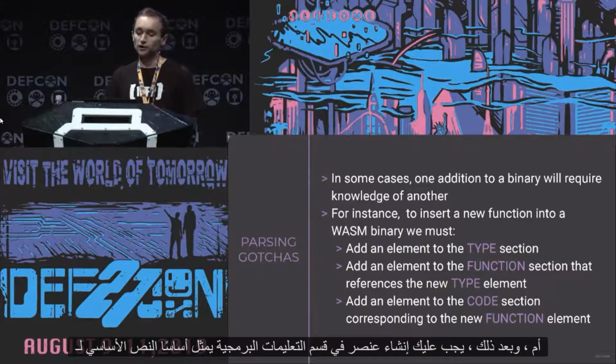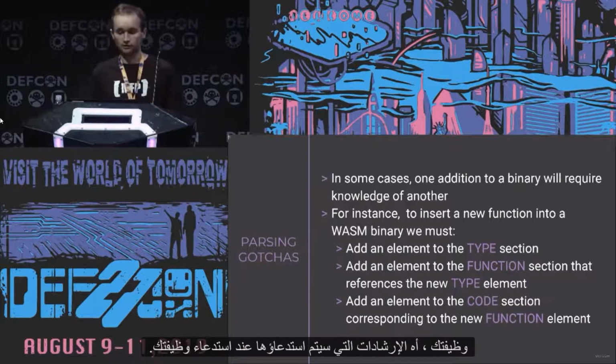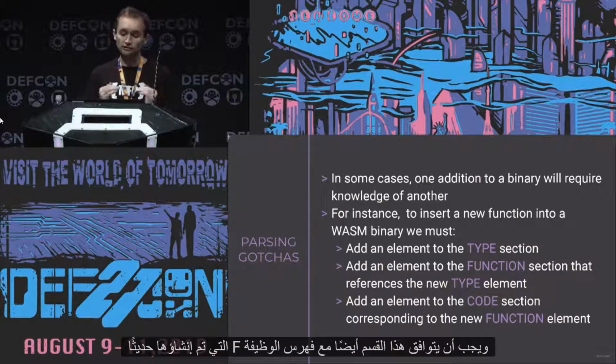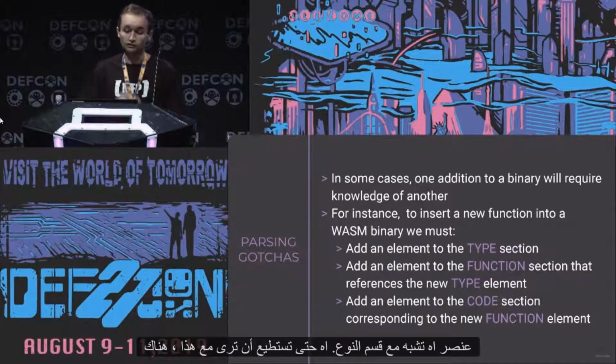And then you have to create an element in the code section that is basically the body of your function, basically the instructions that will be called when your function is called. And this section also has to correspond to the index of your newly created function element,